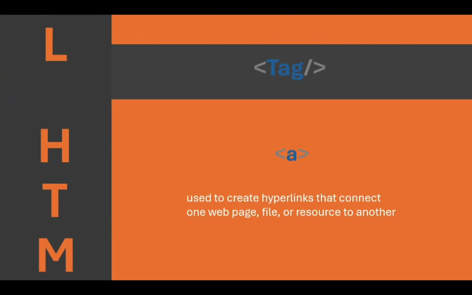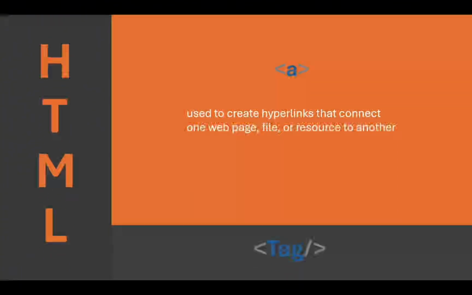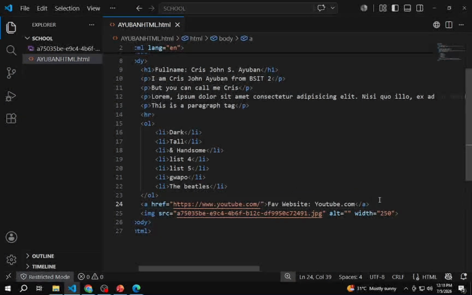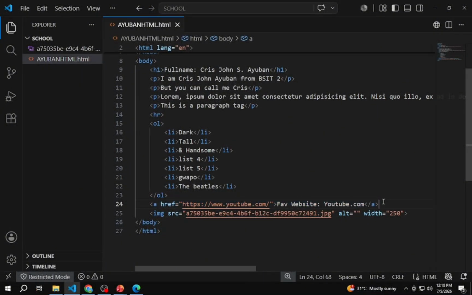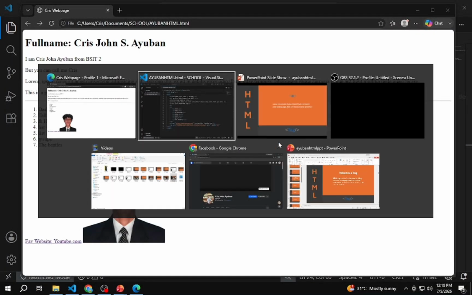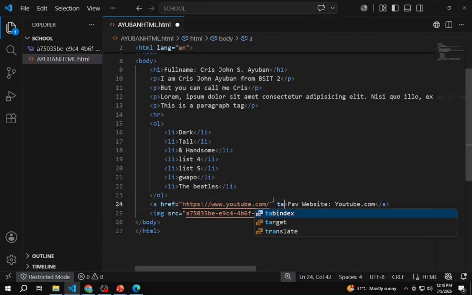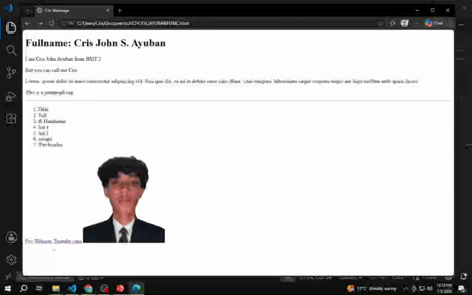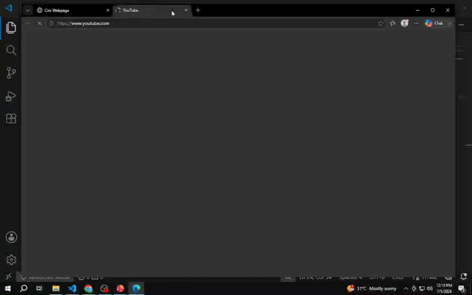And next is the A tag, used to create hyperlinks that connect one webpage, file, or resource to another. So for example, this is my favorite website, youtube.com. So as you can see, when I click, it takes me to YouTube. So if I go back, and add a target attribute blank and refresh, when I click, it opens another